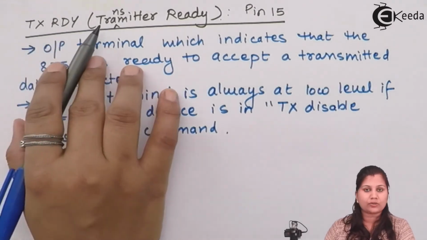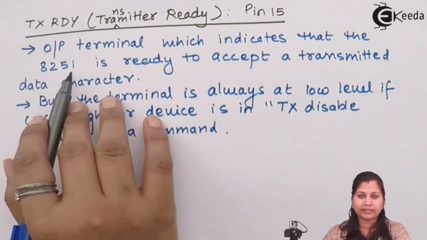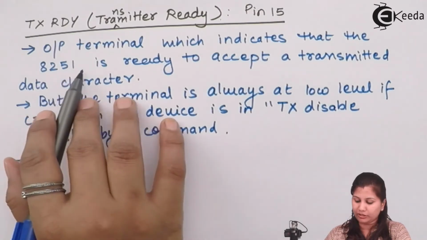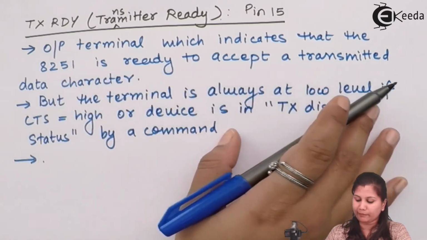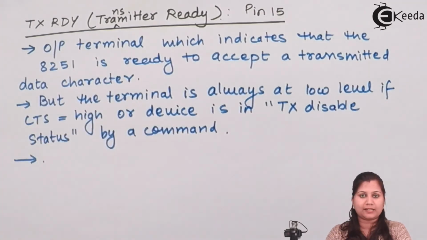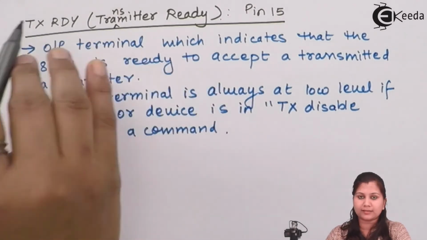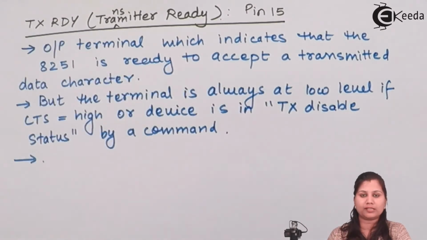So this TX ready pin is an output terminal which indicates that the 8251 communication interface is ready to accept a transmitted data character. That transmitted character will be given by the microprocessor to the 8251 and then it will transmit it to the peripheral device. So this is just giving information to the CPU that it is ready to accept that